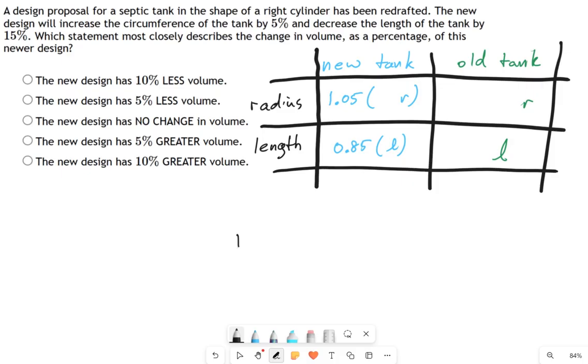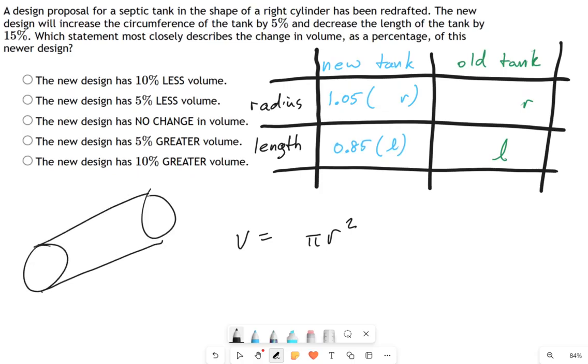Well, we have to know what the volume of a cylinder is, and this is kind of a big deal. If you have a cylinder, looks something like this. Okay, there's my cylinder. The radius is how wide that circle of the cylinder is, and the length is obvious. That's how long the cylinder goes, the pipe. Well, your volume is going to go pi r squared, which is just the area of the circle, times the length of the pipe. You can imagine that circle sort of sweeping its way along the pipe to make a total volume. So there's my equation.